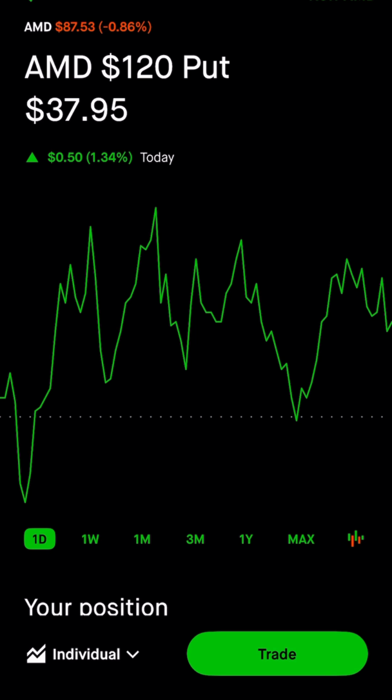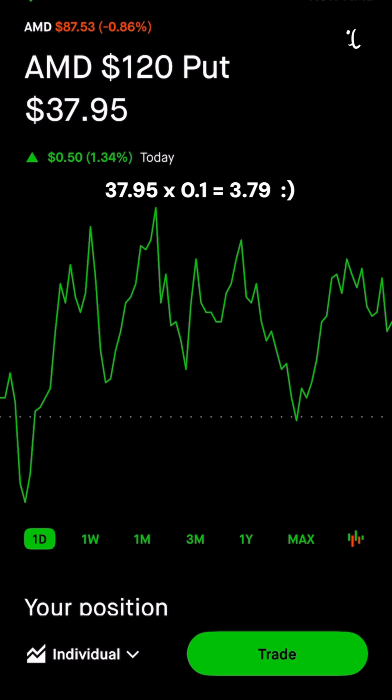To know how likely or not the person on the other side of the contract is going to exercise it or is going to close it early on you, you simply need to calculate the extrinsic value and see if that extrinsic value that you calculate is greater than 10% of the current options contract price. We could see that the current option contract price in this example is $37.95. If you take your calculator and you type in 37.95 times 0.1, you get